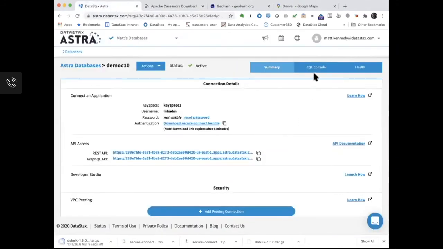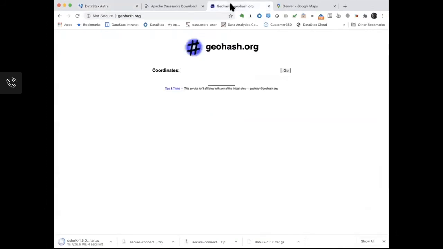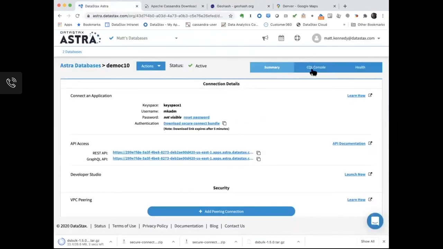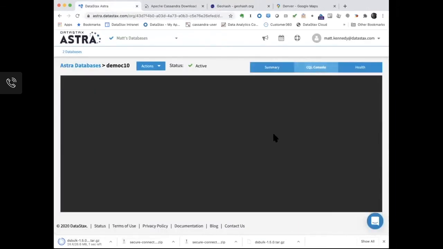And I'm also going to be using some geospatial features. So we're using a set of tooling called GeoHashes to make this work. But let's look at what we already have in the database here. So I've done some pre-configuration for this one. We have a table that is ready for DS Bulk to load into, and then interestingly, we already have some indexes on that. So let's use keyspace1 and then describe schema.